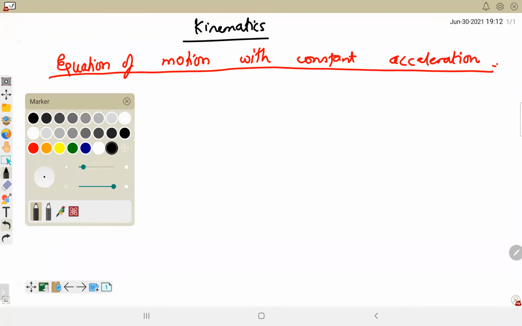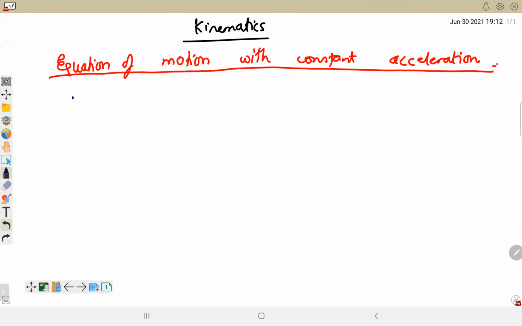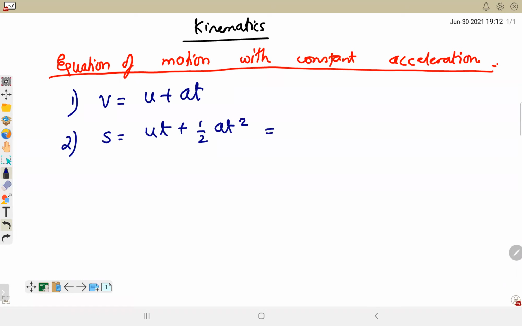Okay, some of you guys are missing. First equation was final velocity v is equal to u plus at. Second equation was displacement covered in time t is ut plus half at square. Third equation, and we did change this equation in the two more format: S is equal to u plus v by 2 times t, or vt minus half at square. V is the final velocity.